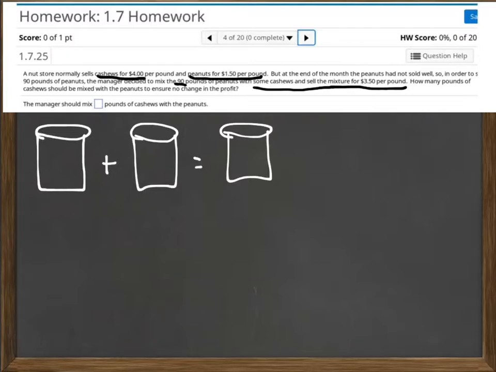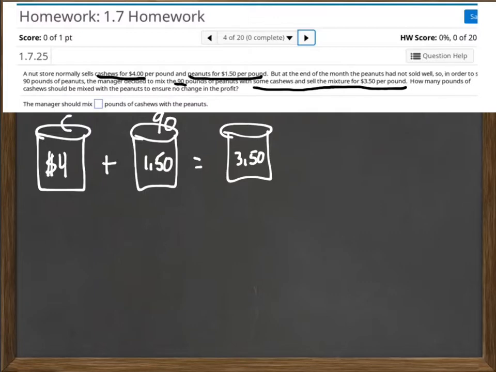And then just like we did with our interest problem, we can kind of go through and label. So it's $4 for the cashews, so I decided to make those the first one. $1.50 for the peanuts. Okay, and then it's $3.50 for the mixture. Now we don't know how many cashews, and in this problem that's really the only thing we don't know. So we can go through and label the cashew bucket with C cashews. Now we know that we need 90 pounds of the peanuts,